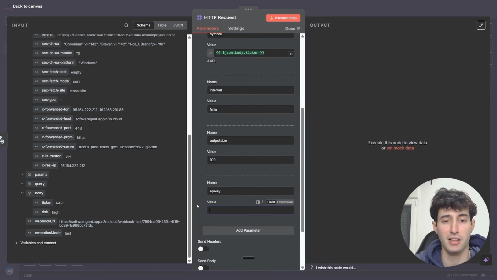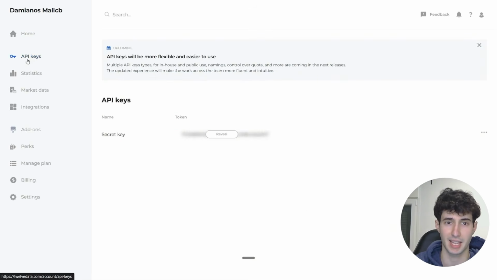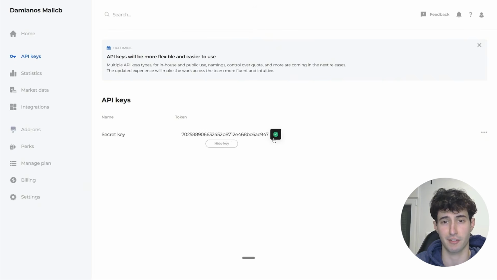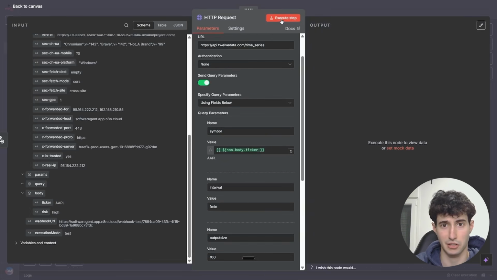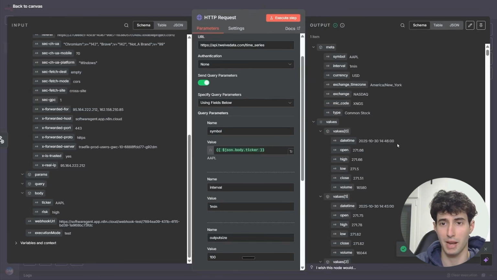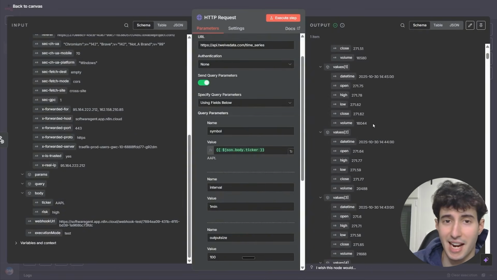And then over here in the value, we need to input our 12 Data API key, which we can find from going over to our 12 Data dashboard, clicking on API keys, and then over here you will be able to see your secret key. So all you have to do is to simply come over here and reveal it, then simply copy it, and then come back over to 12 Data and simply paste it in over here. And now, if I actually execute the step, you will be able to see that I successfully managed to retrieve a batch of data, which is basically all the data for the last 100 1 minute candles